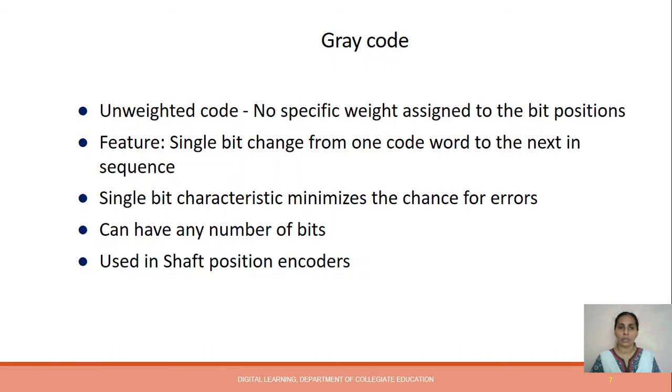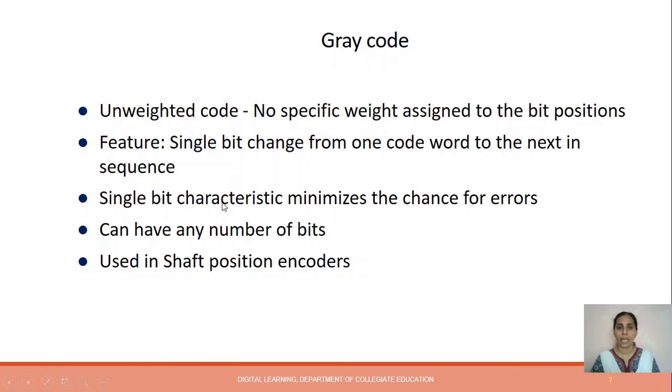Gray code is also a non-weighted code, that is, no specific weight is assigned to the bit position. The main feature of gray code is that there is a single bit change from one code word to the next in the sequence. That is, the adjacent gray codes will differ only by one bit.